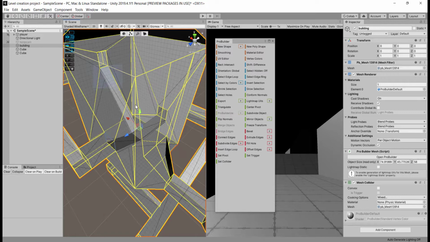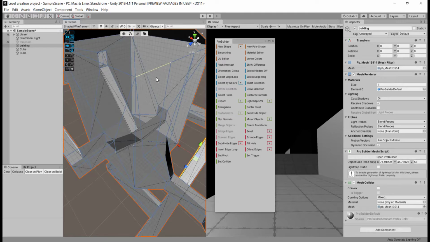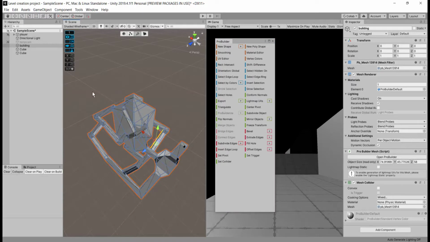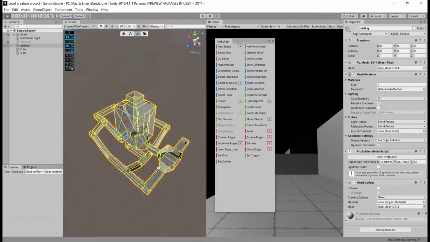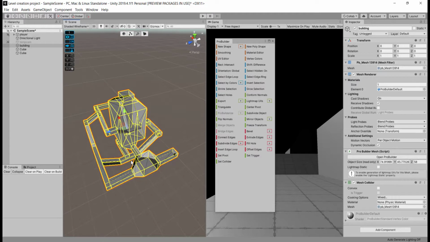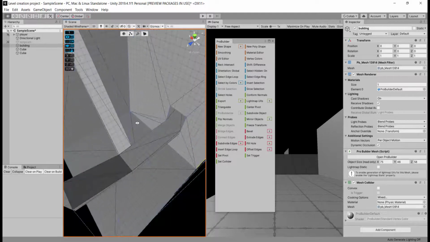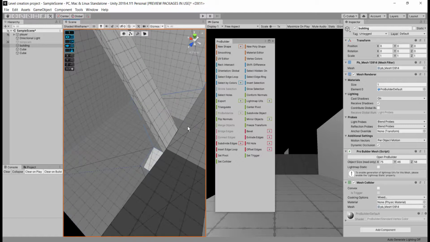But there is one problem because the objects that are inside our level are not getting highlighted by this process. So that is something I have to think about in the upcoming steps. So for now I am going to select my outer level here, and in the ProGrids window click the snap to grid button, and all our edges get snapped to correct grid points.